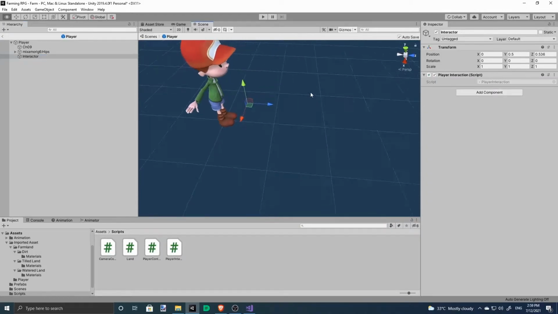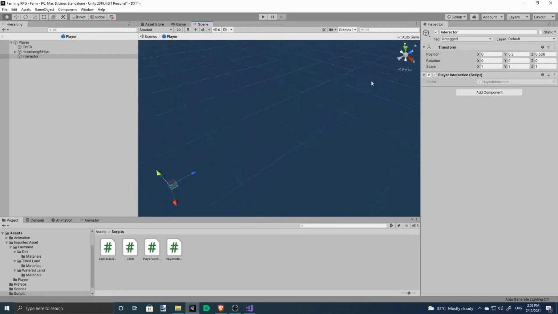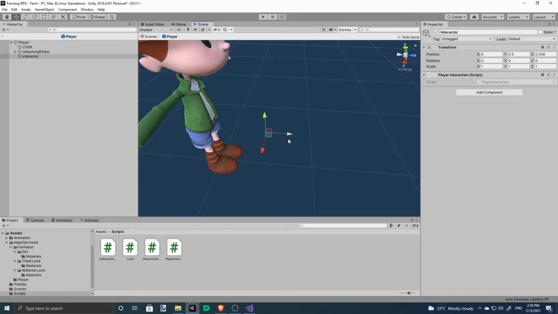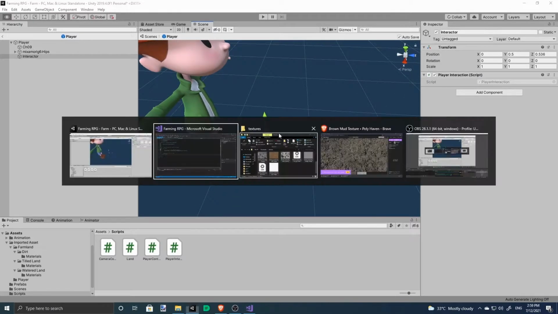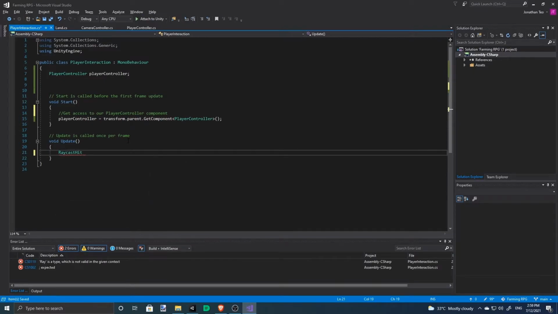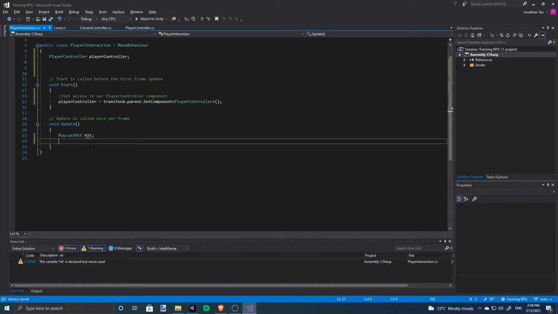Now how do we interact with things? First we'll draw a raycast directly below this to detect what's in front of the player. So to do this, in our update function, raycast hit. This will be whatever the raycast hits.